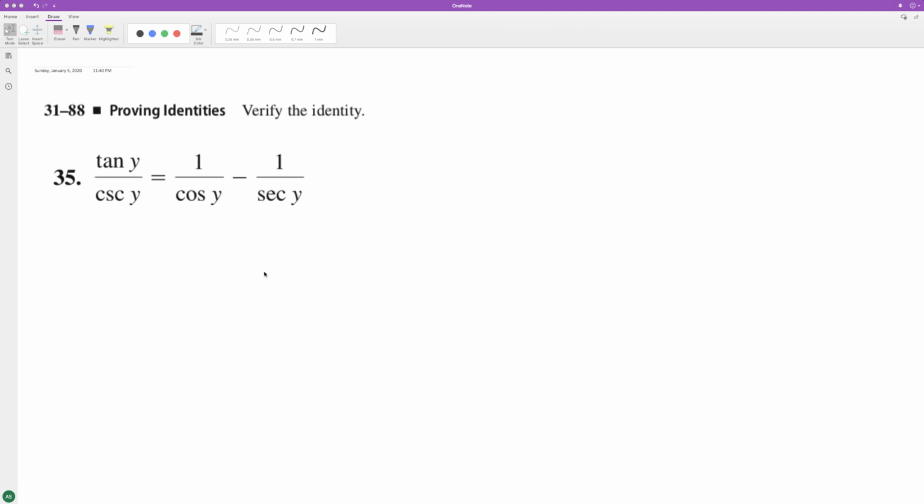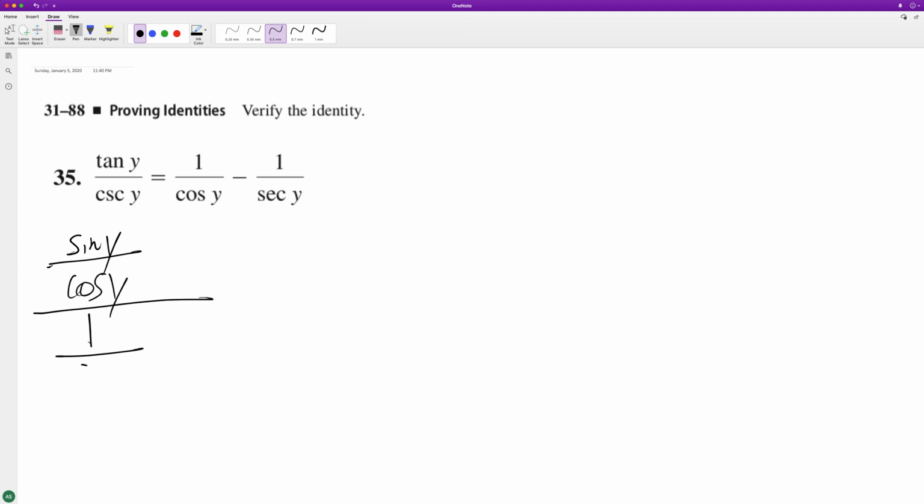Verify the following trig identity. So what we'll do here is, we could merge them together so we get the left to look somewhat like the right, or the right to look like the left, but I'll just work with the left. So breaking down the left, sine of y over tangent is the same thing as sine of y over cosine of y